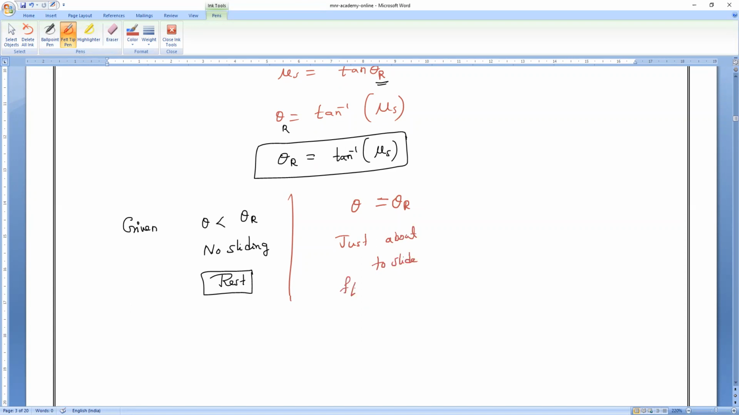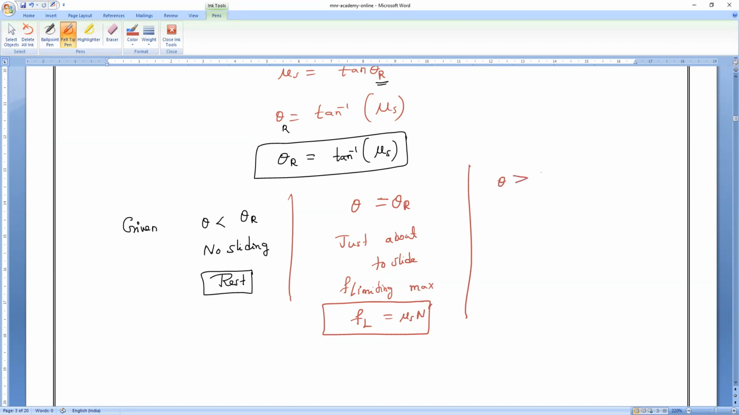By that time some friction is present; it is not at rest and not in motion. So by that time, who is maximum? Limiting friction is maximum. So the limiting friction is equal to mu s into N. Am I right, everybody? Clear? All of you understand? Next,